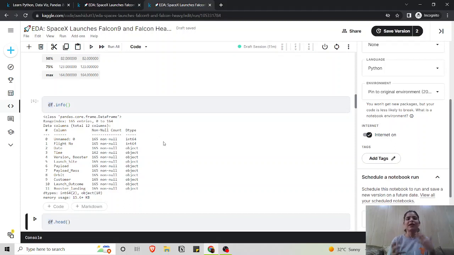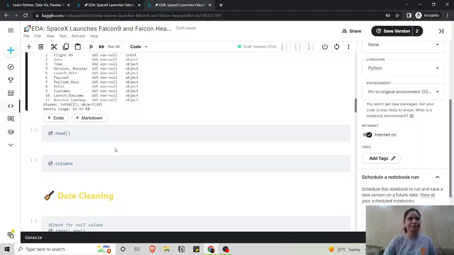So sometimes the thing you thought was an integer turns out to be a string. That's why it's really important to use the info function to check all the data types you have. It also gives you the number of entries, which is 165, and how many entries are null and non-null.